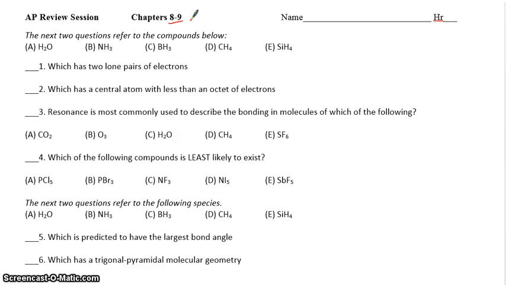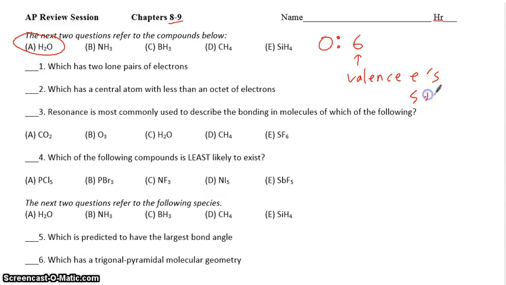The first question says, which has two lone pairs of electrons? Remember, we have to learn how to draw Lewis structures of these. The way we learn how to draw Lewis structures is if we take a look at water, a simple example. We first total up the number of valence electrons. Oxygen brings, remember, 6 valence electrons, and you should be able to spot these from the periodic table. These are the valence electrons,